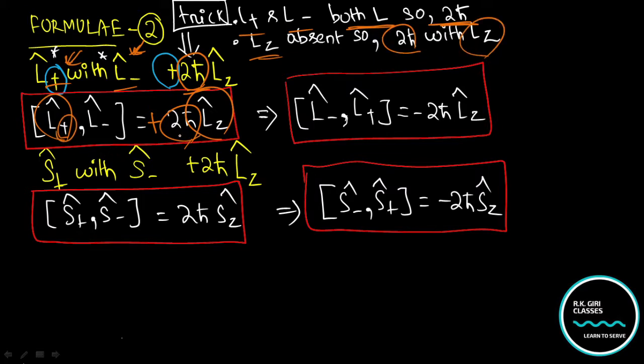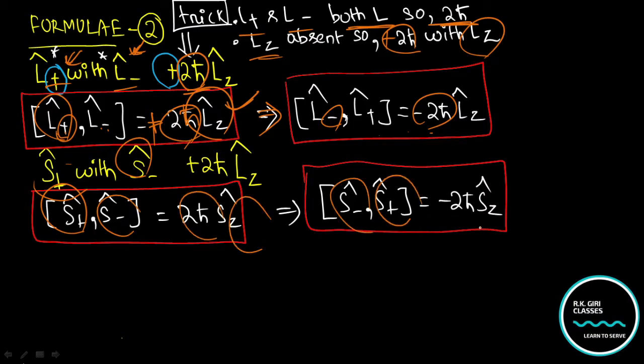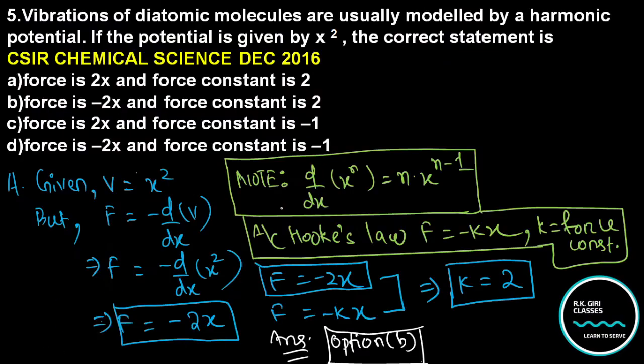Starting with L plus, that's why it's a positive symbol. Starting with L minus, this is a negative symbol. Got this part? If you remember this one, automatically you can easily remember this one. If you don't want to find out this positive negative symbol, that means L plus with L minus, 2h cut. Similarly, S plus with S minus. Got this point? Just practice it, you can easily remember this one. Coming to the next slide.